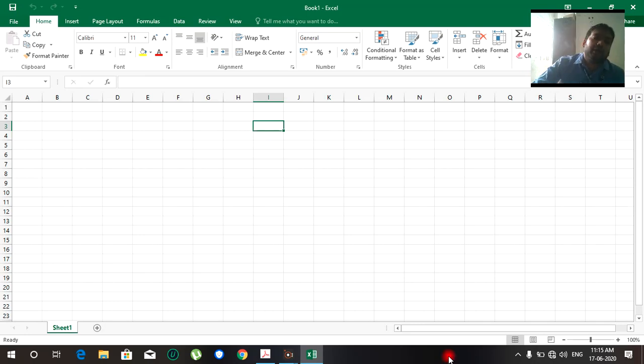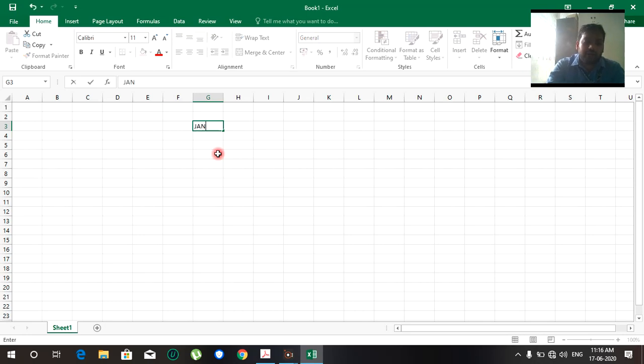Now here we are going to discuss autofill. First of all, take any cell. I am typing in G3, for example, January. Place the cell pointer in the bottom right corner. When the cell pointer is placed at the right corner, it changes into a cross symbol.